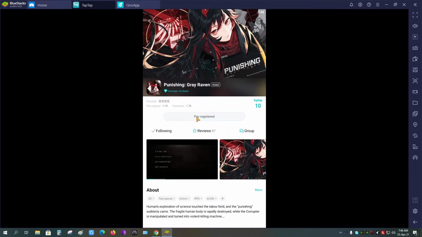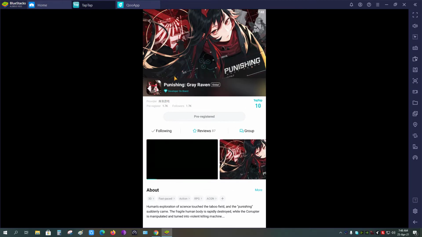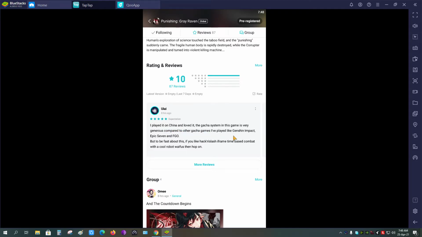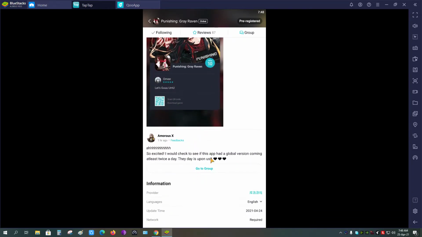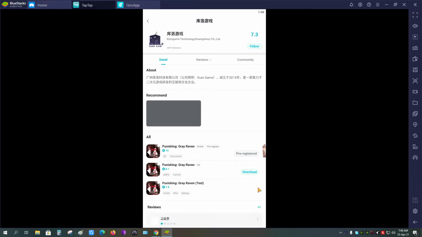What I did is I pre-registered, and yes, it is an official part of this process. It is actually global. If you read all of these reviews, you will see it is global as well. As it is written here, the language is English. The network provider is Kuro Games, I think. Yeah, Kuro Games, or black game. Kuro basically means black. Kuro Game Technology, black game technology,